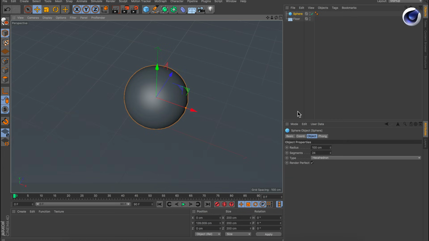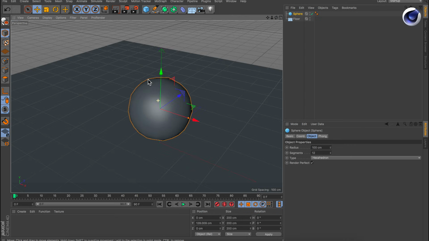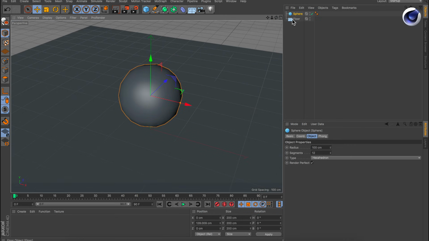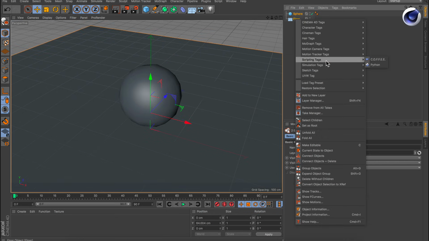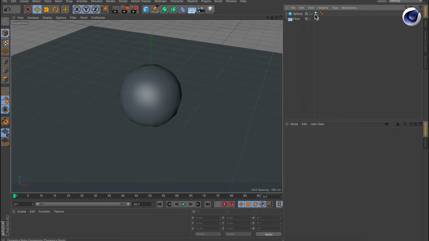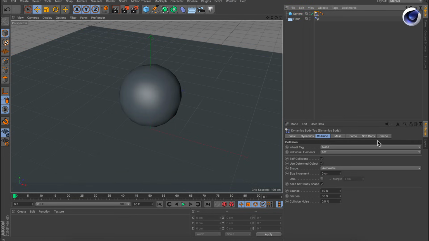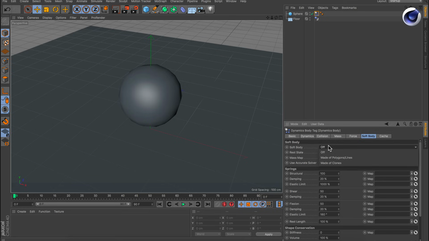And now let's bring down the segments, because soft body dynamics can really slow down your setup pretty fast. Let's go to simulation tags, rigid body, or actually we need soft body, so let's go to soft body and